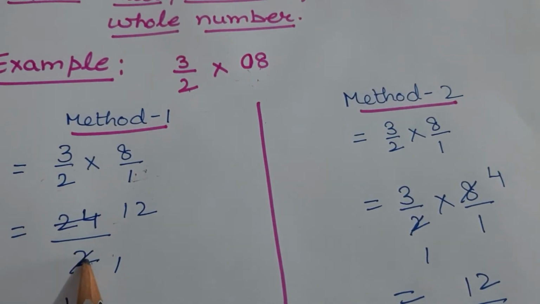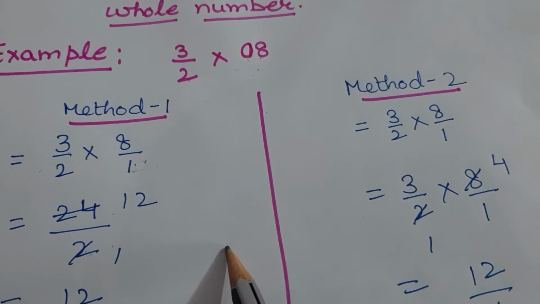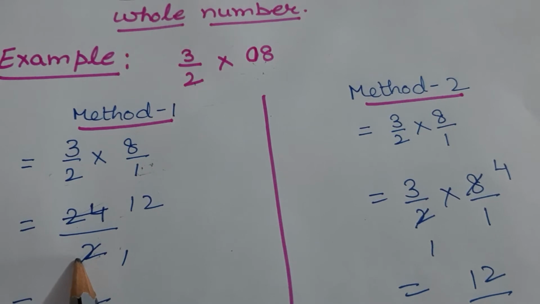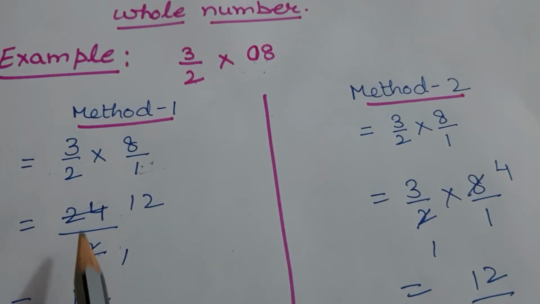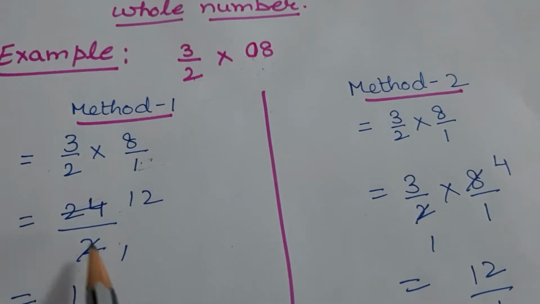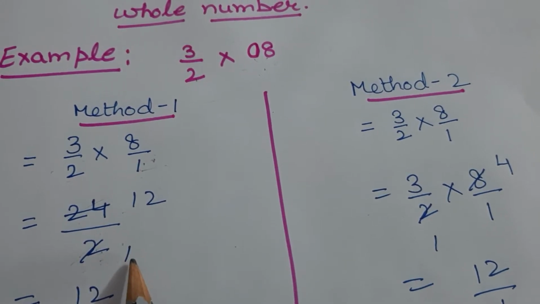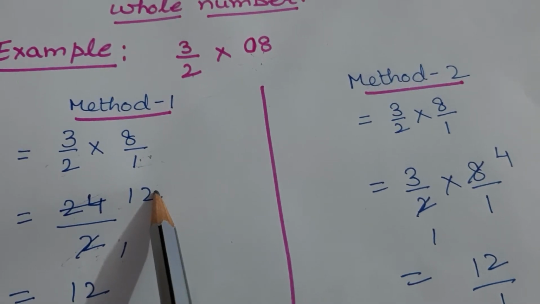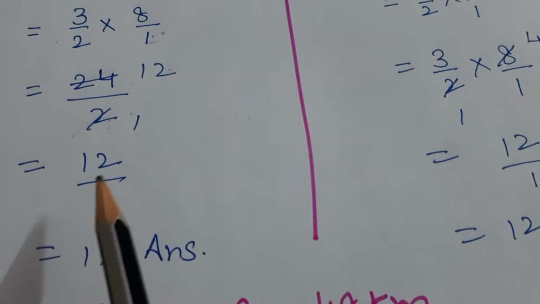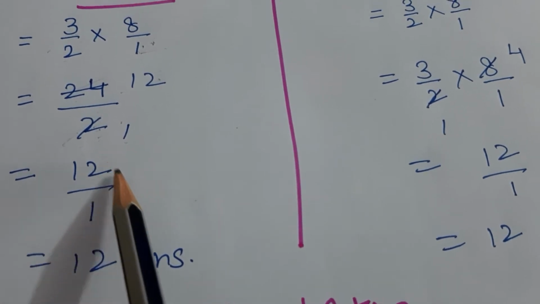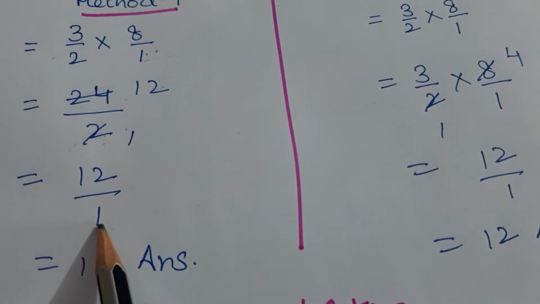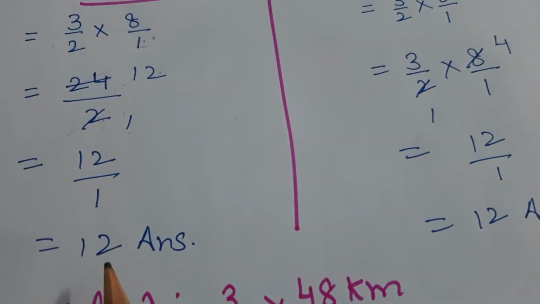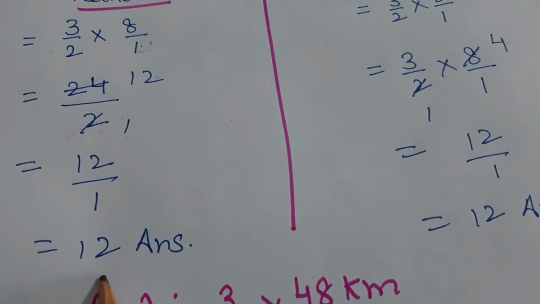After multiplying, you can divide it roughly, or you can cancel both of these with a common table, like 24 and 2. You can see here 2 is the common table. When we cancel, we don't write the common table. So 2 ones are 2, 12 twos are 24. So what is left? 12 over 1. Again, 12 over 1 means if 1 is the denominator, this number is a whole number. So 12 is the answer.